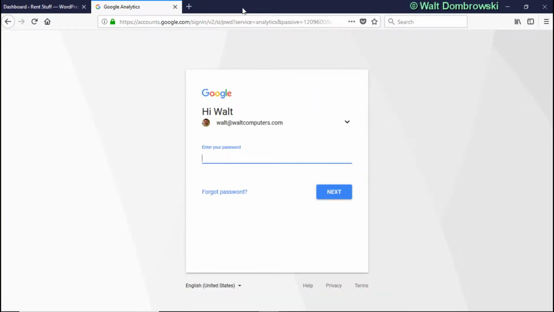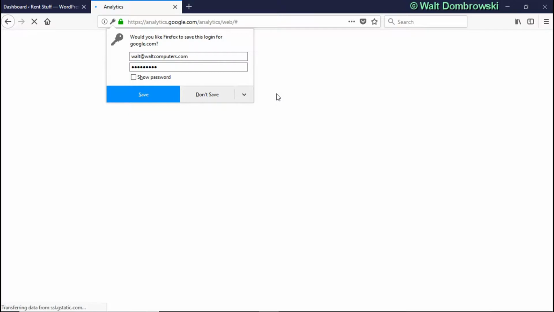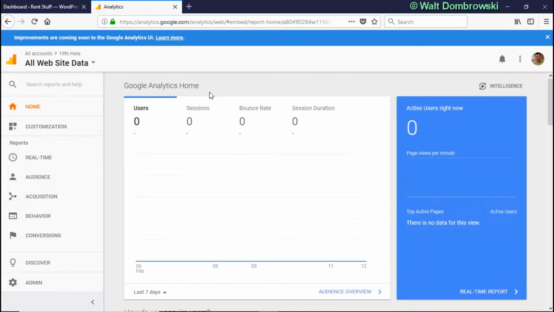Okay, so what you're going to do is when you go to analytics.google.com, it'll come up right here to your sign in. So let's go ahead and sign in. Okay, so basically when you're here, this is your home page. So now what you're going to do is you're going to go down on the left-hand column